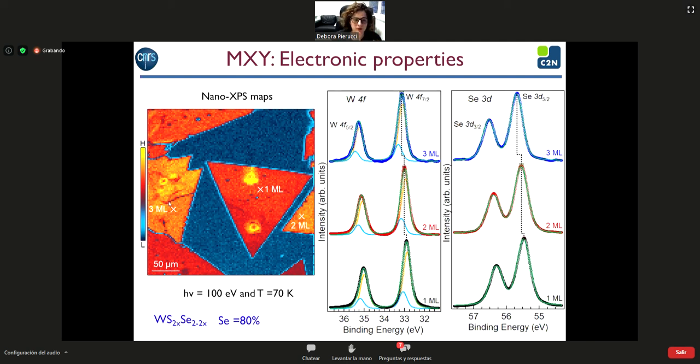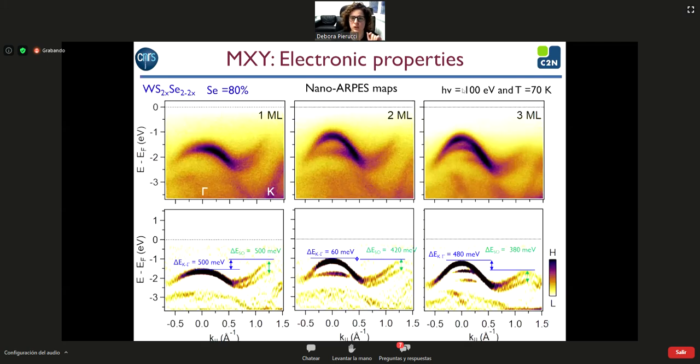We can perform a valence band map in these three different positions. And here what we show you, the condition was 100 eV at low temperature, the same as for the XPS map. And what we see here is the different valence band map for the 1, 2, and 3 monolayer. As I told you, very useful is the evolution of the band at the gamma point. In fact, here is only the derivative. So it is the derivative of the signal that allowed us to enhance the contrast of the band and look better at the fine details inside the band structure.